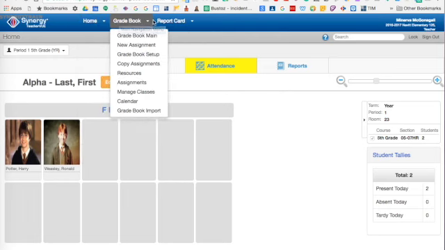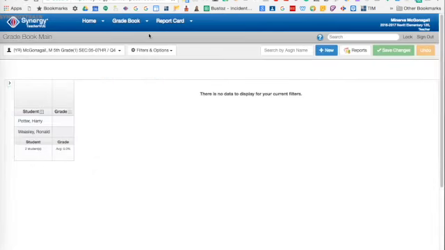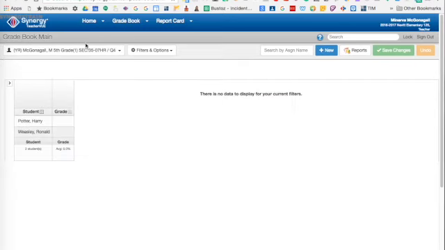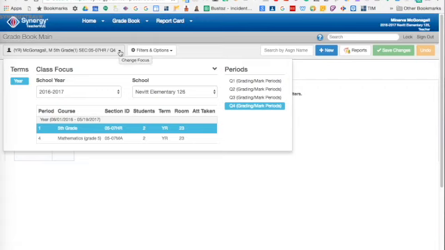All right, we're going to jump right into creating assignments. So if you'll hover over the Gradebook, and when you drop down, we're going to go straight to Gradebook Main. So go ahead and select Gradebook Main at this time. Once we're here, we're going to see this option here. This has the list of all of the classes that are assigned to you. In this case, there are only the homeroom as well as math, and so we're going to change our focus